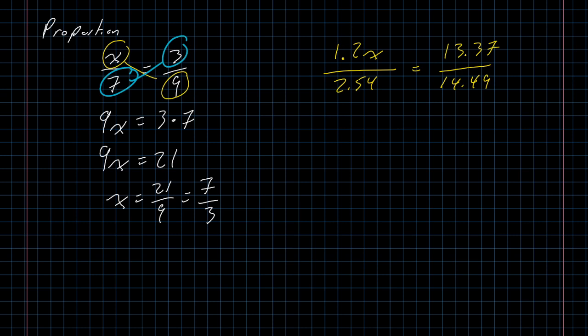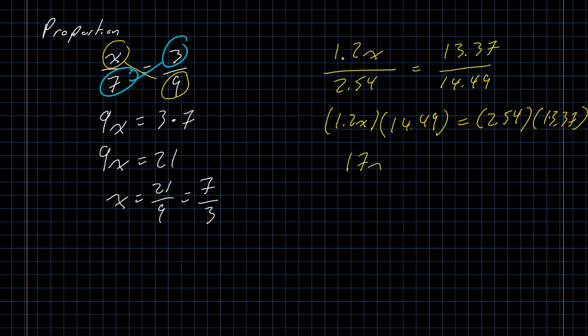Let's say 1.2x over 2.54 is equal to 13.37 over 14.49. So we'll have 1.2x multiplied by 14.49 on one side of the equation, and we'll have 2.54 multiplied by 13.37 on the other side. Paying attention to my rule of accuracy, on the left-hand side, after I multiply and round, I'm just going to